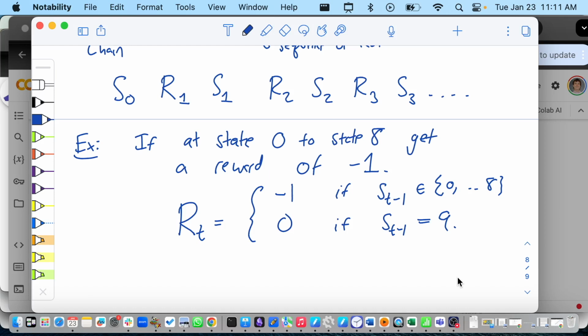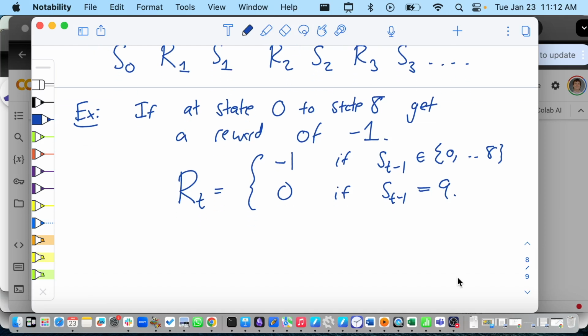This is kind of like a parent who, when you bring home a test that is like a 95% test, says, but why did you lose 5 marks? That's the kind of rewards you're getting. You never get any positive rewards, no positive signals. The best you can do is get a reward of 0, and you will typically get lots of negative rewards while you're making your way there.